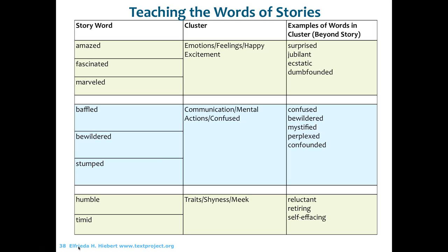What would it have meant if that author had used another word? Why do you think the author used the word bewildered rather than perplexed? Do they mean exactly the same thing? What I'm suggesting is that the words of stories relate to already known concepts, but they're new forms of those words. And good writers, if you think of somebody like Jane Austen, they use